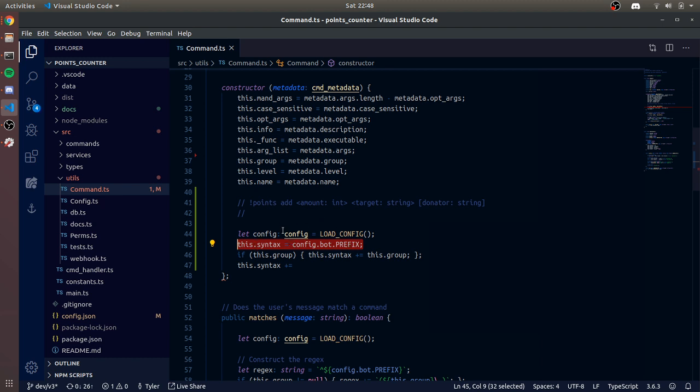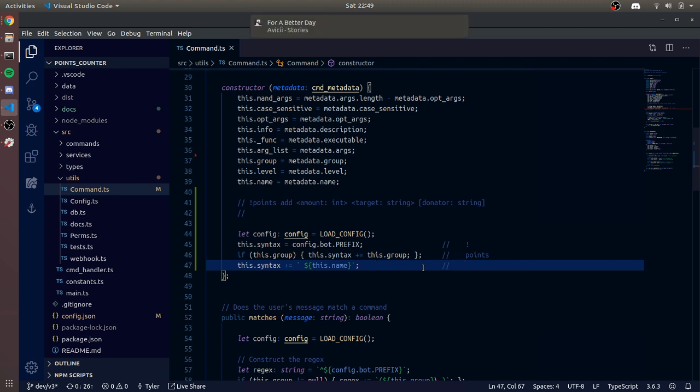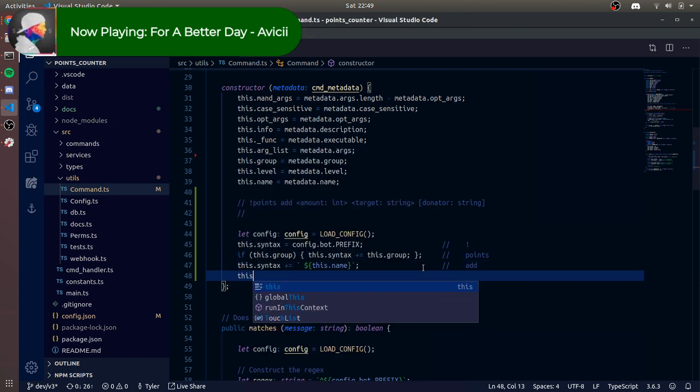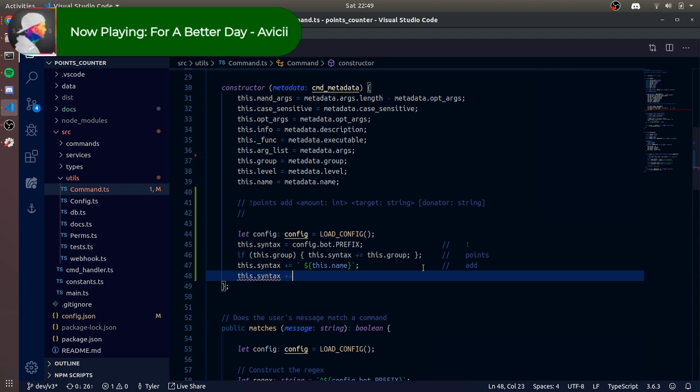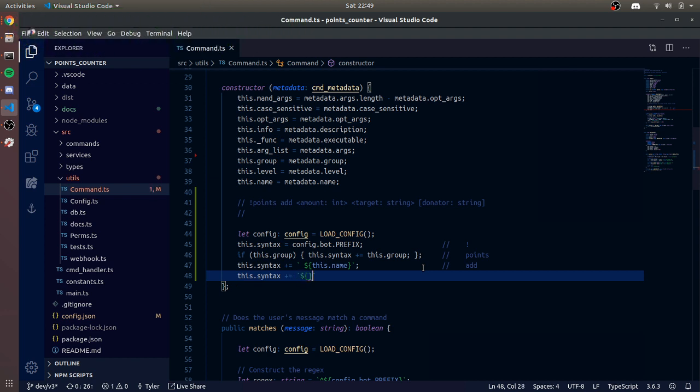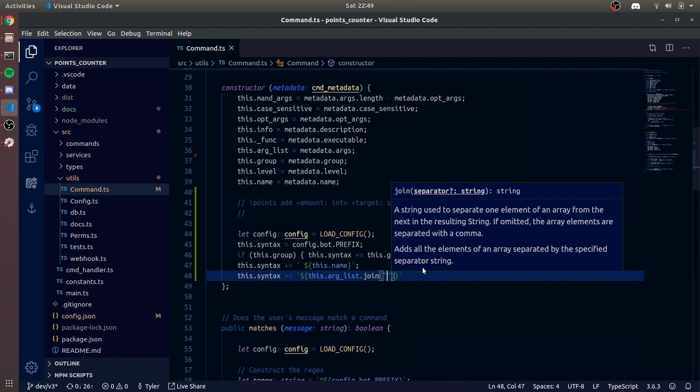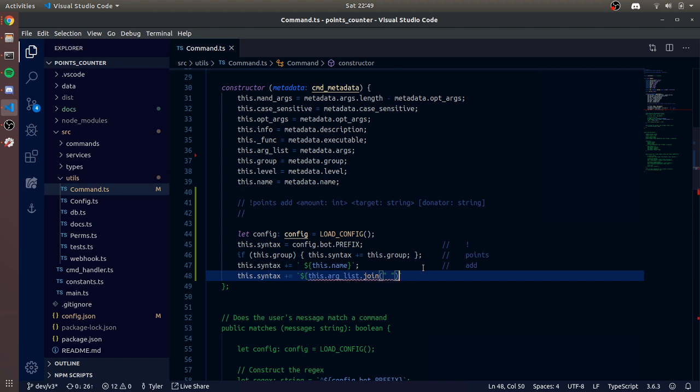Yeah, so this part here is adding the syntax, so I'll just go like here and put what it's adding from the command, or from the example I gave. And then plus equals, I need a space there. This.name, I need a $ sign. So this would be add, and then this.syntax plus equals this.arglist.join, and then this would be